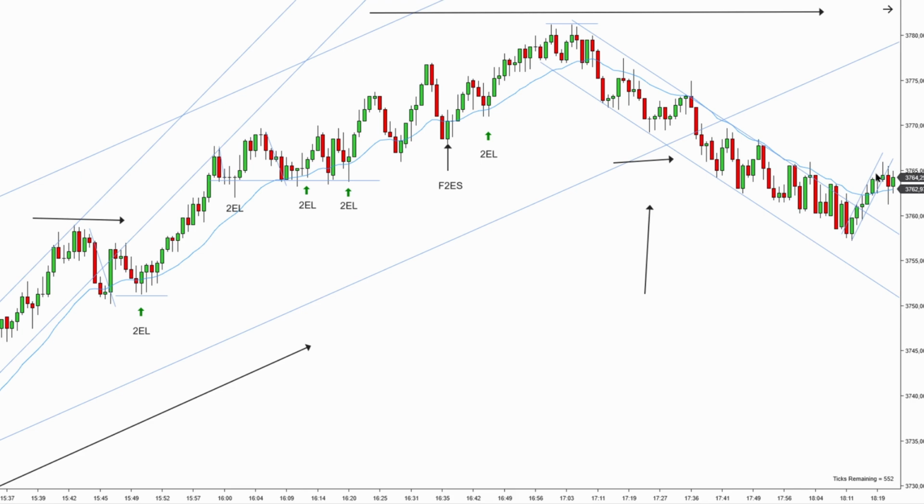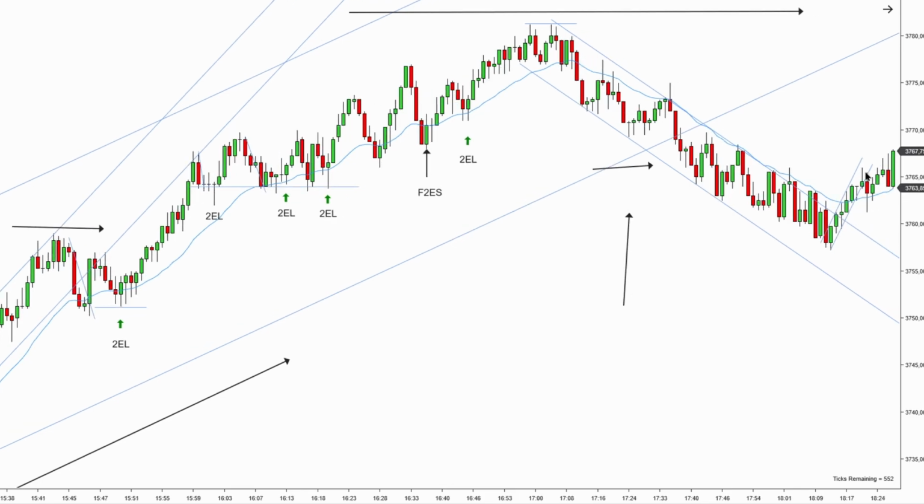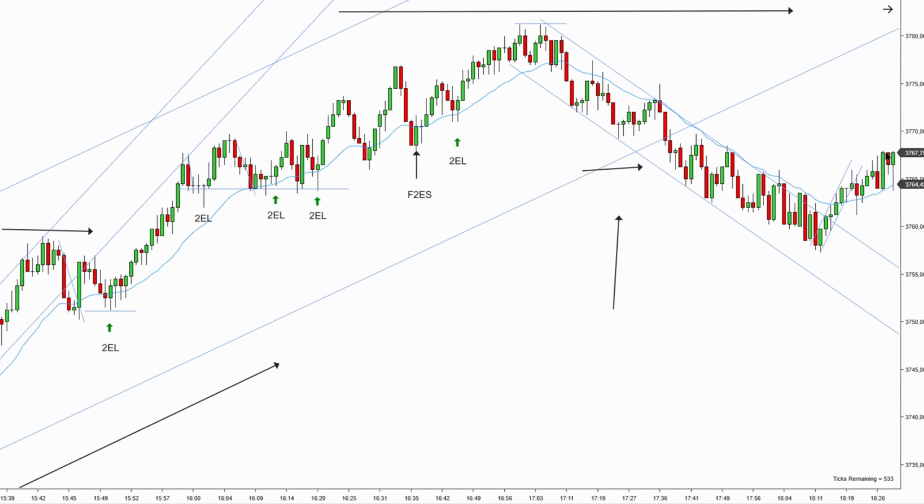Push above EMA confirming the bullish momentum, first entry short, failure, second entry short, failure. Do I get a trigger here? Unfortunately, I don't get a trigger above this failed second entry short. So when I was watching this, I'm expecting now to get a last hope and to get a second entry